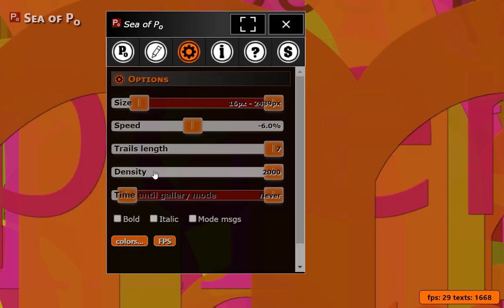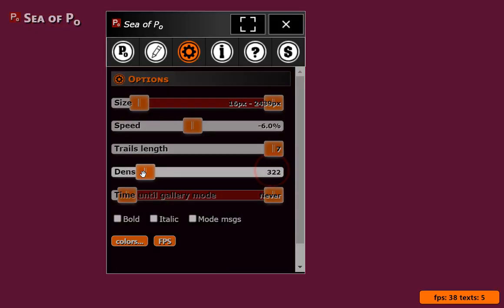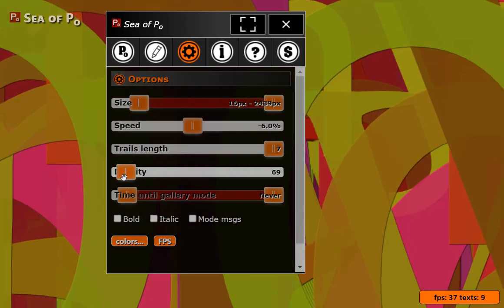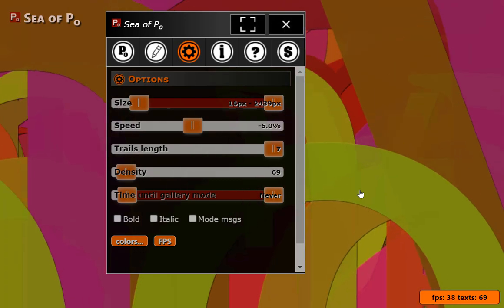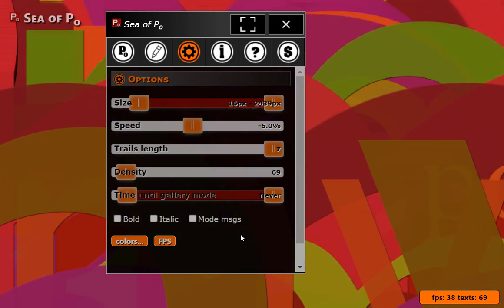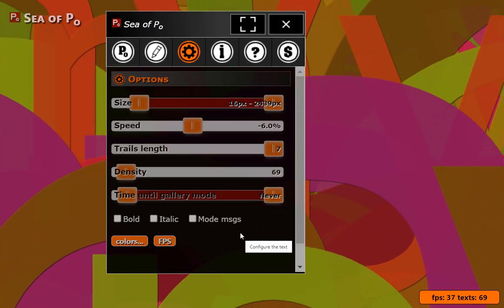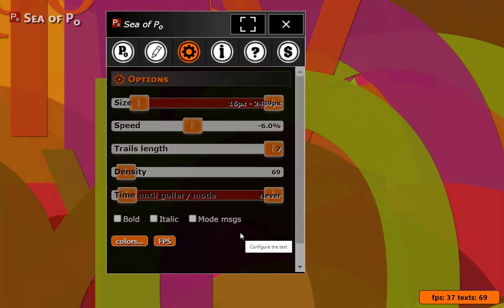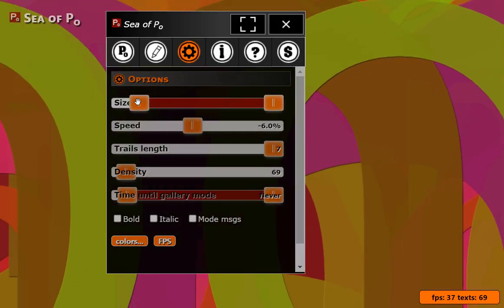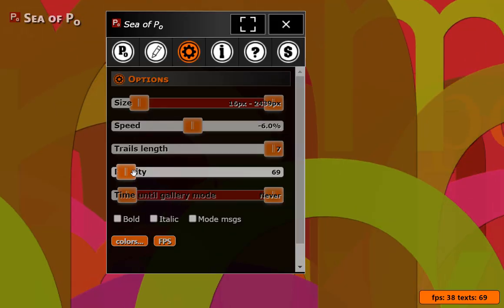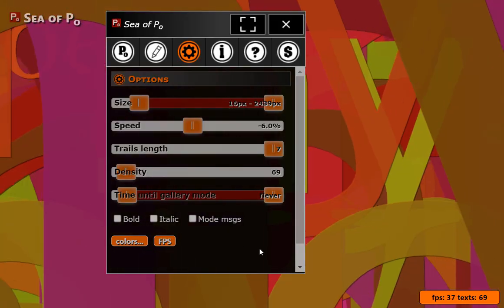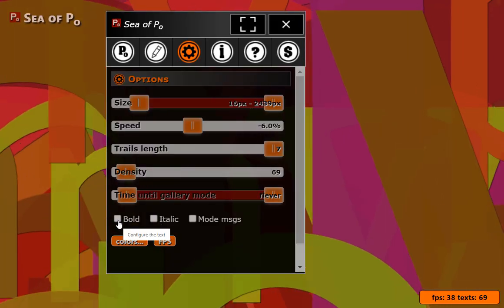Okay, so that's the density slider. Well, let's bring the density slider down to 69. So we see that the animation is much smoother now. So what's going to determine the frame rate, the smoothness of your animation is the size, but also the density of the text. Now, what's going on here? Well,